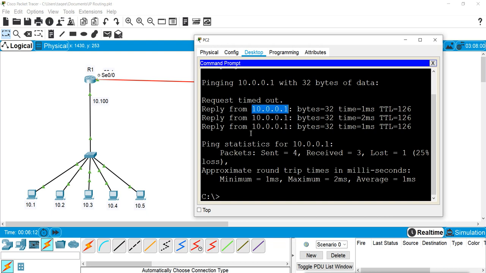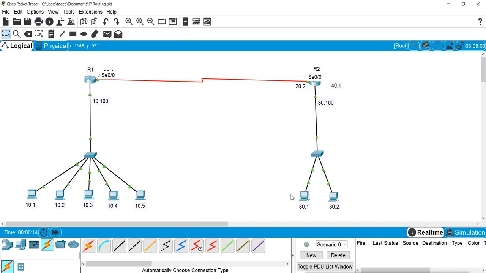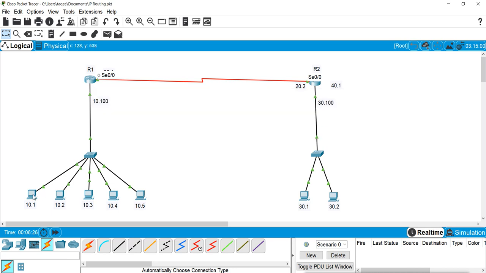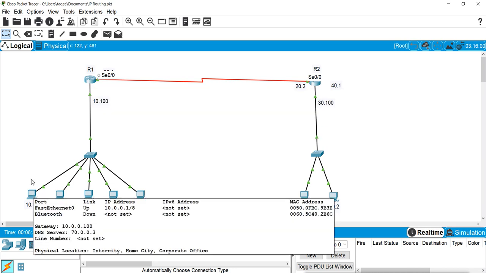So what happened? The request goes from here with source address 30.1 and destination 10.1. It goes into router 1, and from router 1 it goes here. This machine gets the ping request, and then it replies.